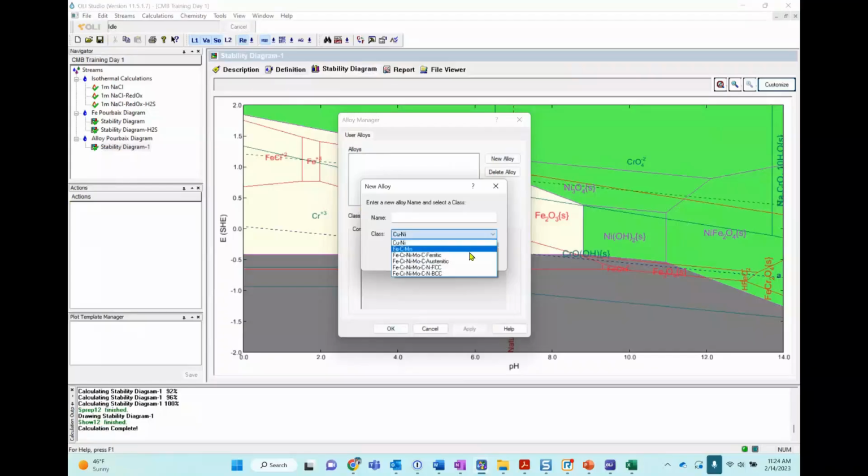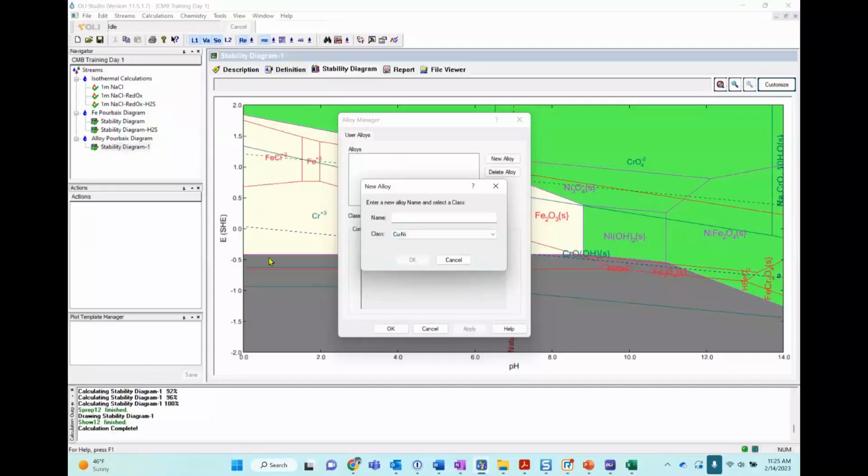However, you're limited to these families here. So we have copper nickel alloys, iron, carbon, manganese. We have the iron, chromium, nickel, molybdenum, carbon, ferritic, austenitic, the FCC, the face-centered cubic, the body-centered cubic. All of these are families. So you're limited to these families.